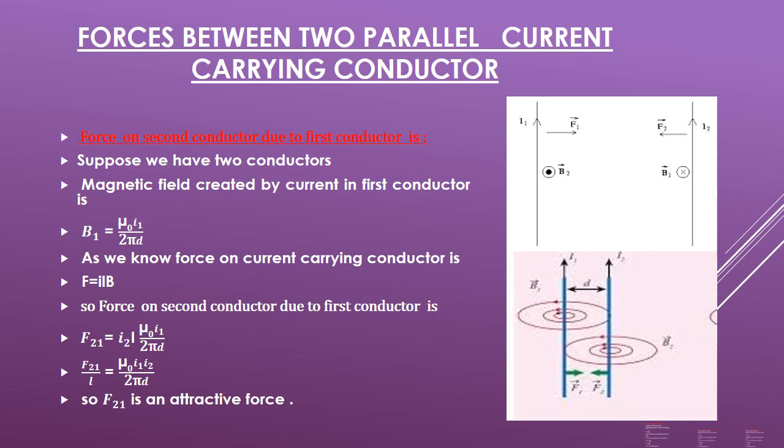Now, let's start with our topic, which is force between two parallel current carrying conductors. Practically, we have many examples in which we use a lead containing two wires, and these two wires are carrying current. Maybe we make an arrangement in such a way that the current is parallel, meaning in the same direction, or it may be opposite, meaning one current is going downward and the other current is going upward. There may be both the cases, but these two wires are parallel to each other.